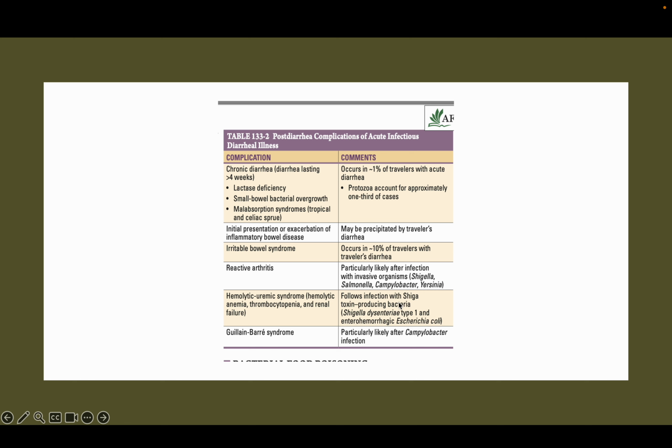HUS is seen after Shiga toxin producing E. coli and also enterohemorrhagic E. coli. In both these patients, generally fever is not present and generally you should not give antibiotics. GBS is seen after Campylobacter infection, and sometimes chronic diarrhea is present in a few cases where there is lactase deficiency